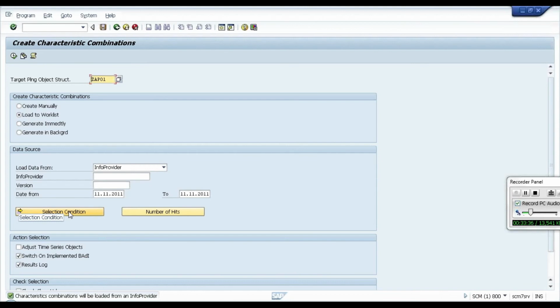Like that, daily we run this in the process chain. Anyway, I will show you how to create a process chain. In that process chain, we will put one step to create a CBC. So automatically, daily, first the sales orders and sales invoice data will update into the APO cubes. From that cube, it will read and create the CBCs. That is the way the CBCs will be updated daily. Any questions, Sandeep? No?